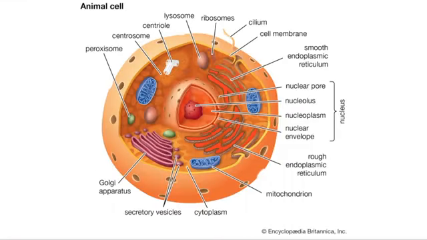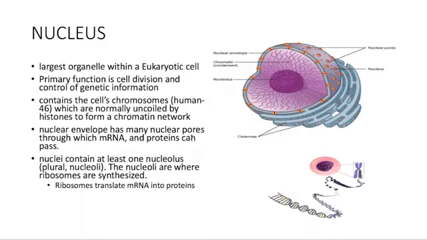Again, there is that classic picture of the cell. This is that typical eukaryotic cell. It has 3 main components. That is the outer membrane called the plasma membrane, fluid filling called cytoplasm, and then we have all these intracellular organelles. First up is the nucleus. So this is surrounded by the cytoplasm, generally located in the center of the cell, the largest membrane-bound organelle. We have this nuclear envelope, and that is pockmarked with these pits called nuclear pores. Also part of these nuclear pore complexes, and they allow molecules to move between the nucleus and the cytosol.